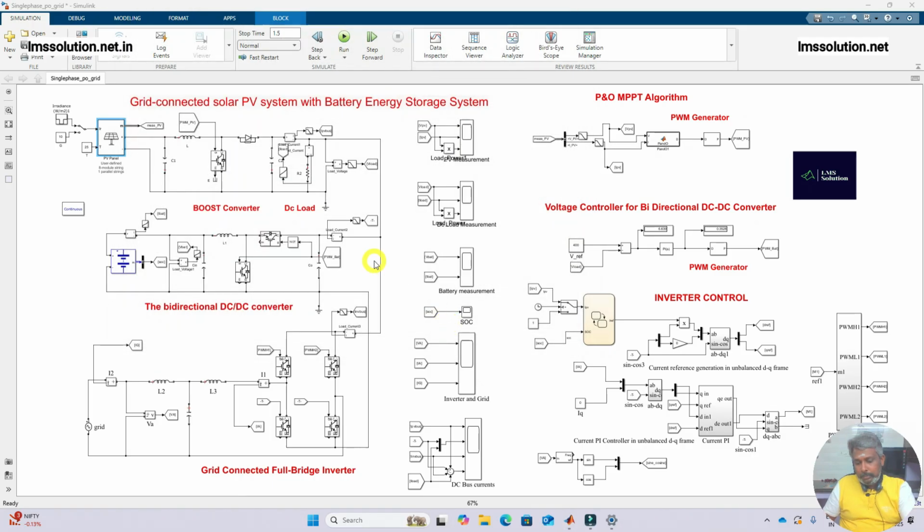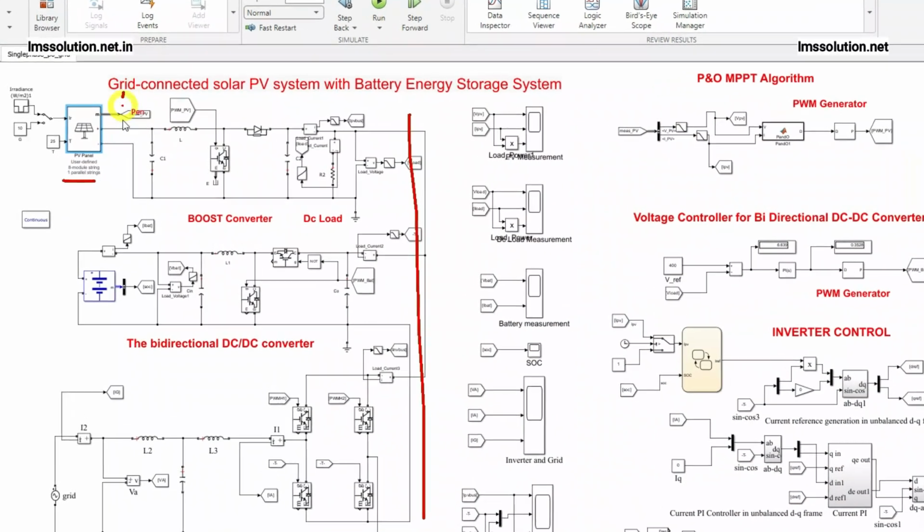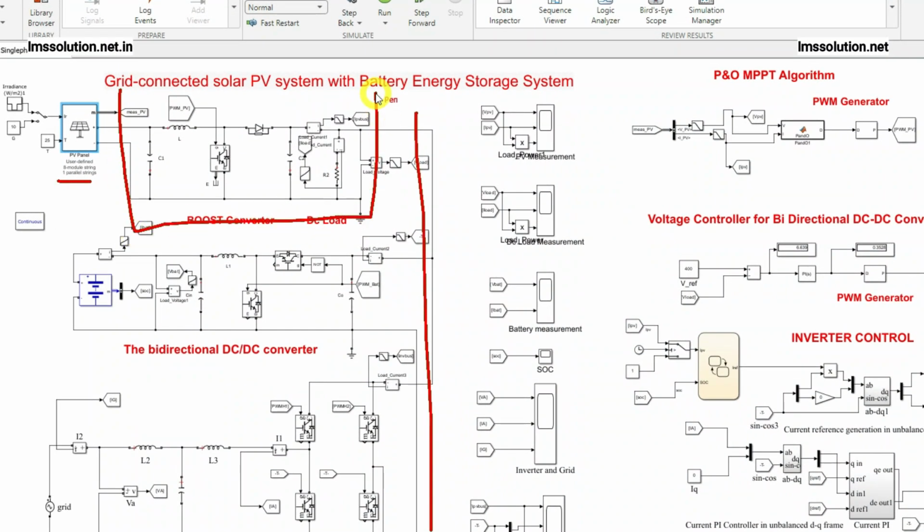So now here you see that this is a DC link. Already I told, right, this is a DC link. This PV array is going to be connected to this DC link via this boost converter. The boost converter is used to link the PV array with the DC link, and also used to extract the peak power from the PV along with P&O MPPT, and also boost the voltage from around 245 volt to 400 volt. So this boost converter is going to be controlled by means of